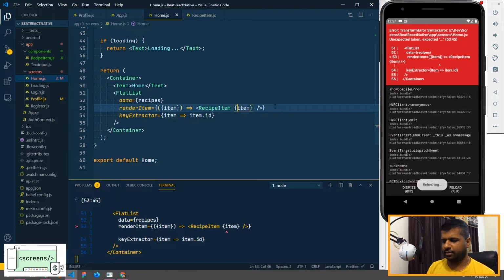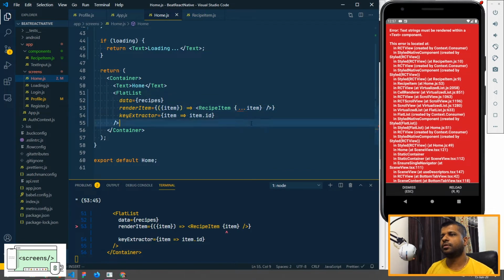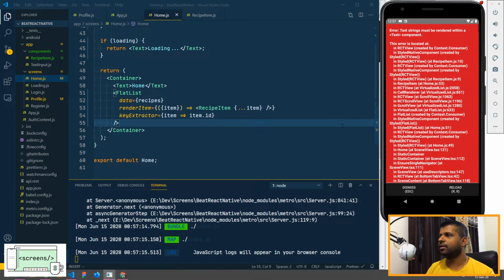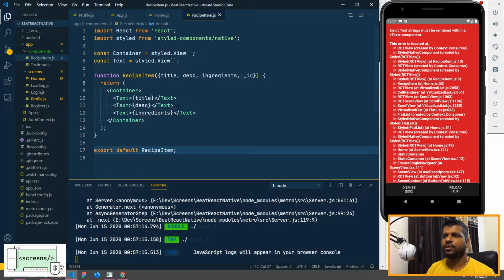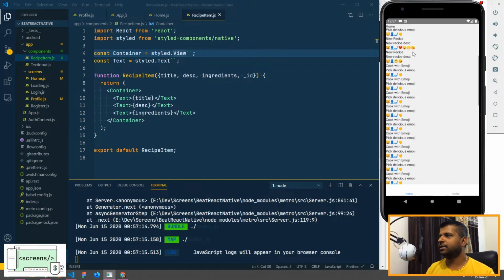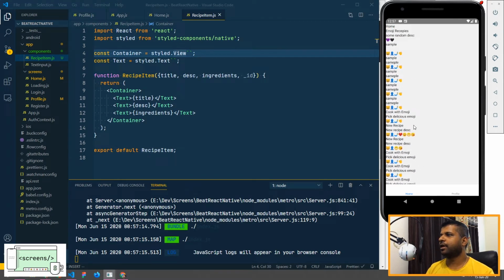So I'll just spread it. Okay, so let's see what happened here. Text string must be rendered within the text component. So I think there's something wrong here. Okay, so instead of text view, it will be text. Okay, so now you can see that I have a list of recipes here, in a flat list. So that is cool.